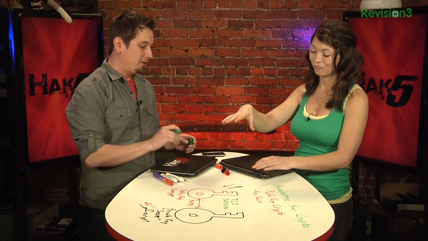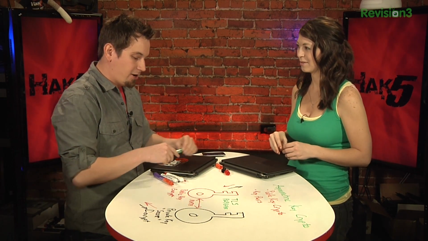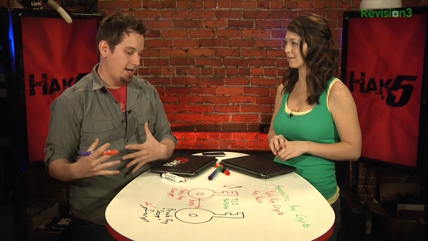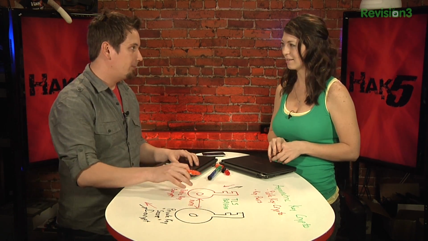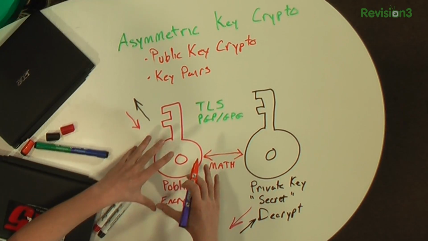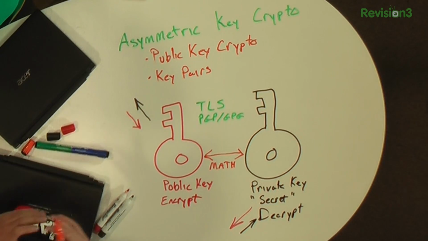Right, actually, here's the beautiful thing about this. In this scenario where I keep my private key to myself, and I give you the public key, you can now encrypt a message with it, send it to me, and I can decrypt it with this private key. But let's reverse the tables. Say I give you this key, and now I publish something with this. Say I put a signature string using this, you can make sure that I am who I say I am with that key, whenever I receive that message from you.